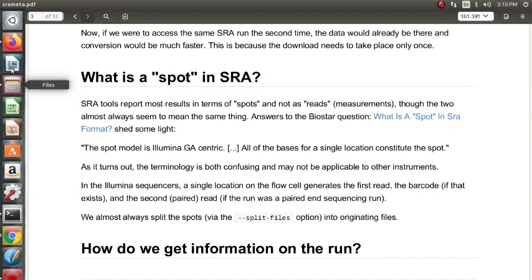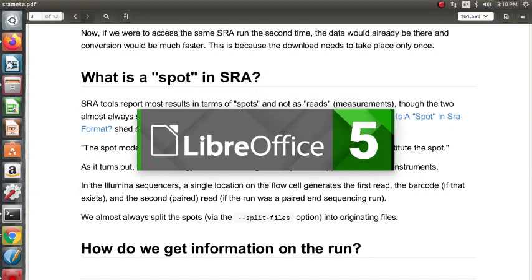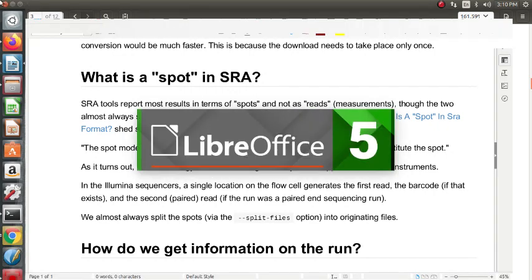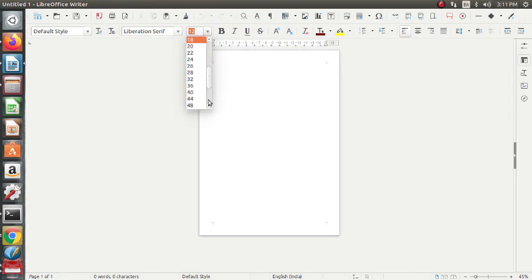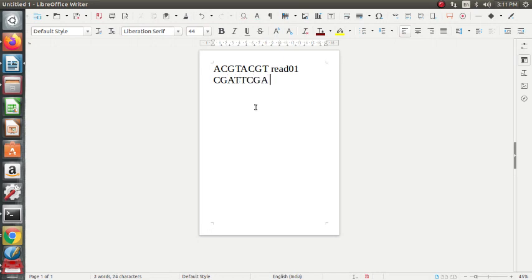So if we have the FASTQ read like this, and this is read 1, this T and this A, this number of spots is this column, right?